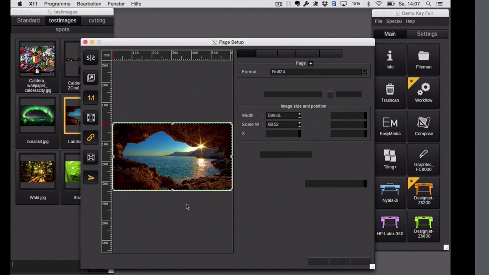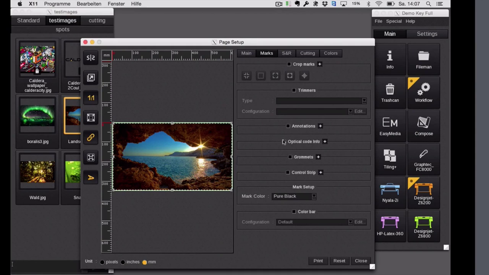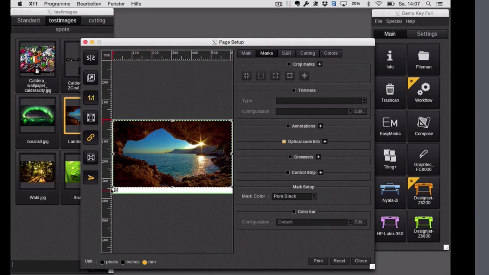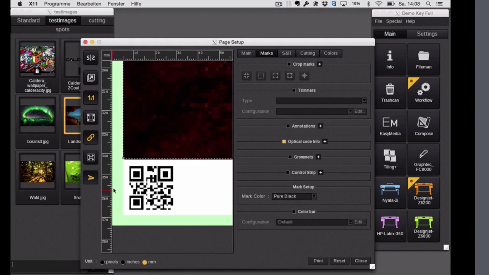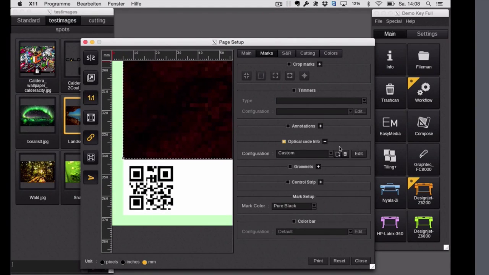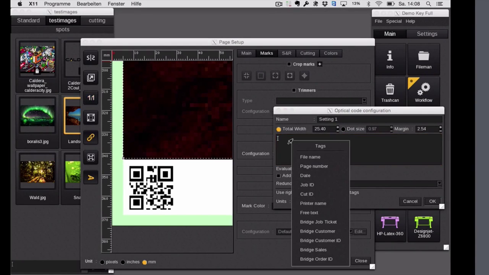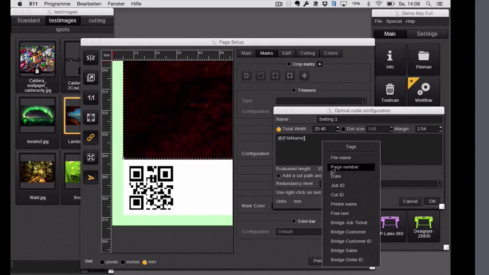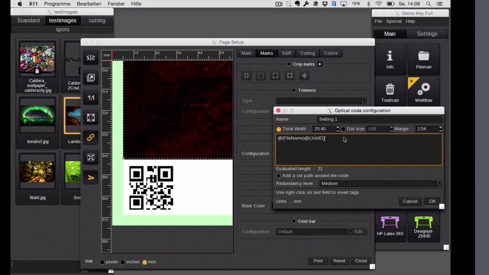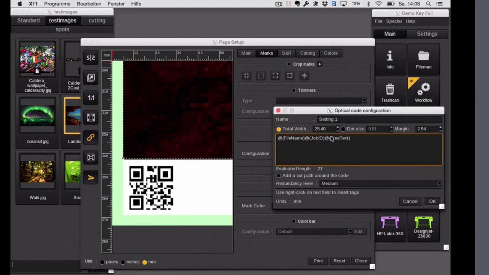It's pretty easy. You just go into the tab Marks, and there you will find a new section called Optical Code. Immediately you will see here a little QR code underneath the image. And with the plus you can edit all this. So either you create a new one or just edit the existing. And here in that section with a right click you can choose all these, like file name, job ID, whatever. Let's take also some free text, and here I just have to go into that free text and adjust